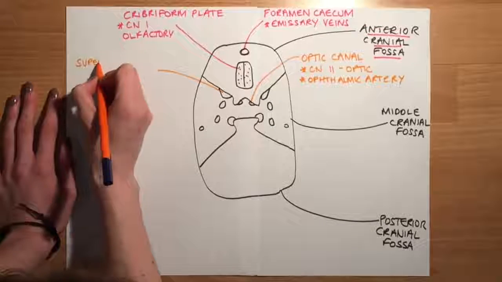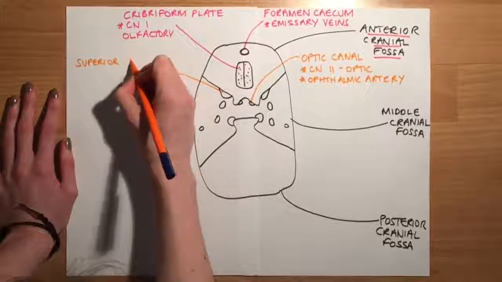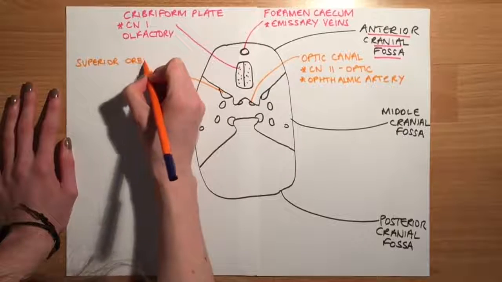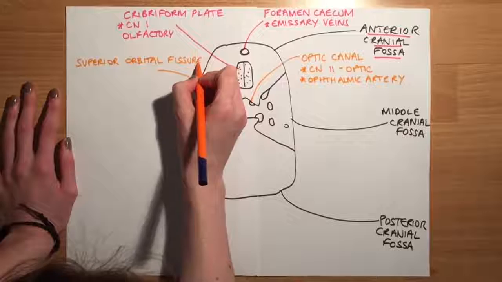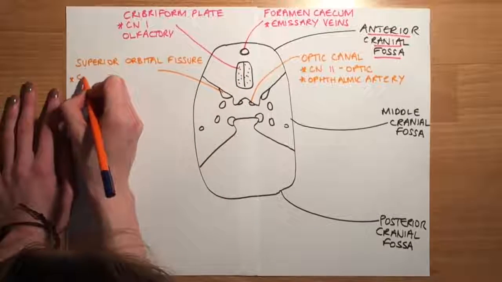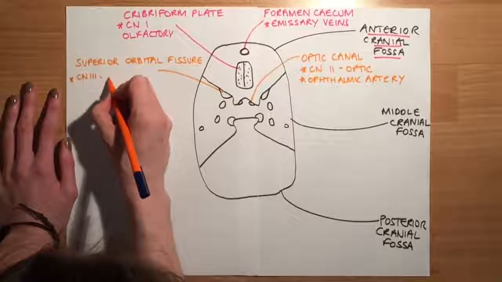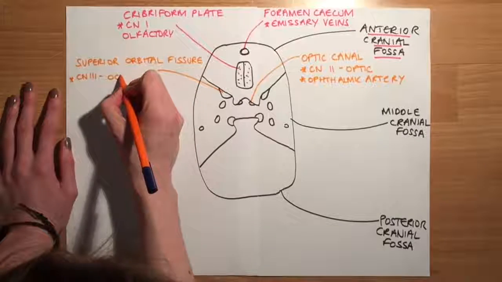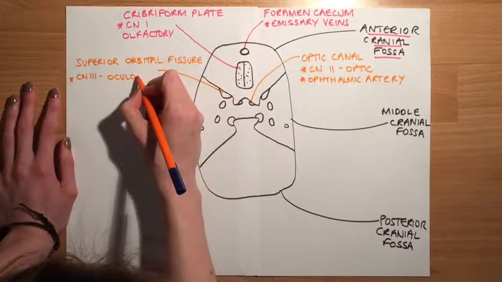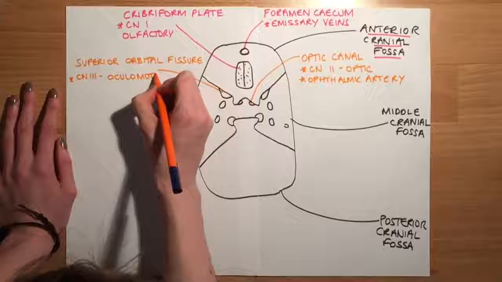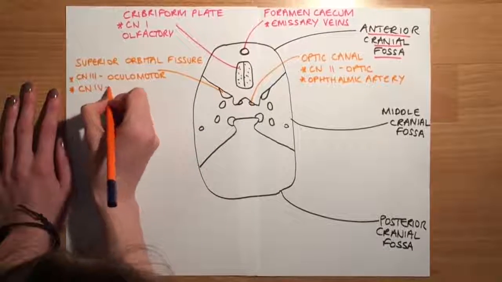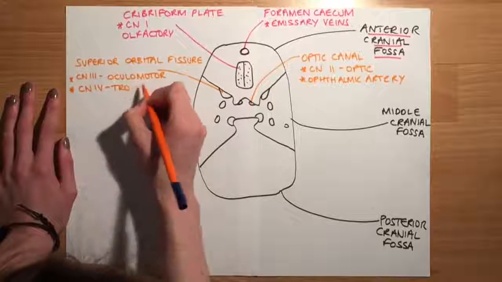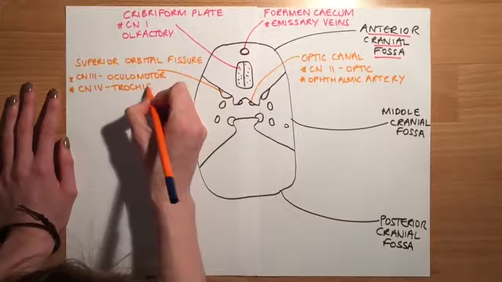Next, we're going to discuss the superior orbital fissure. Now, the superior orbital fissure transmits structures from the cranial cavity through into the orbit, and there's 5 structures. First of all, the cranial nerve number 3, which is the oculomotor nerve, which will supply muscles that move the eye. Next, you've got cranial nerve number 4, which is the trochlear nerve, and it too will also innervate muscles